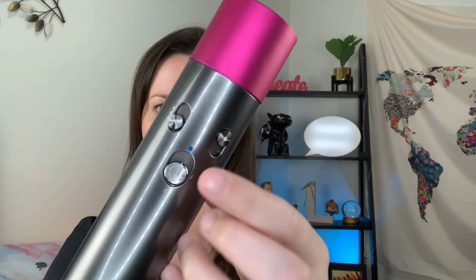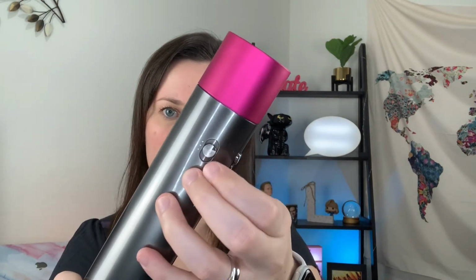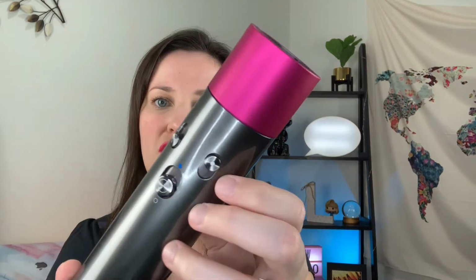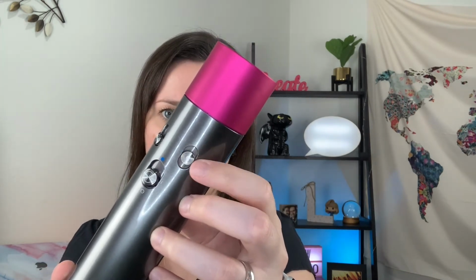So the settings that I normally use, in here you have the power button, and this button here is for the intensity you want to use. I always use the lower one because that's already a lot. It's very potent and I don't feel like I need to go on 2 or 3. And then for the heat, I normally have it on the middle when I'm just drying it in the beginning, and then once I move to one of the brushes, I put it on